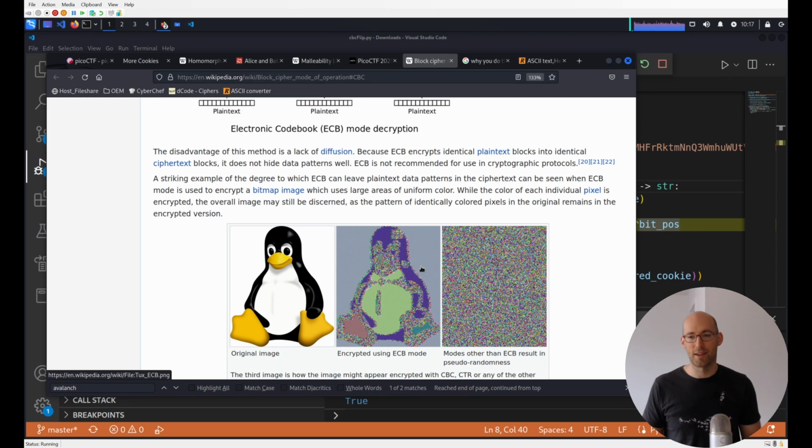Patterns remain after you've applied this, because what you really want is something like this, where it's pure randomness. And the way that you get that is, they describe it here, this method lacks diffusion, meaning it doesn't have an avalanche effect. So it doesn't incorporate anything other than each block. What you would like to do is incorporate not just each block, but all the prior blocks before it,